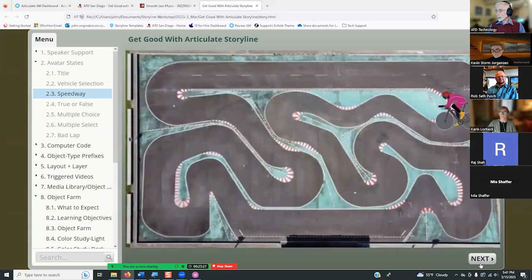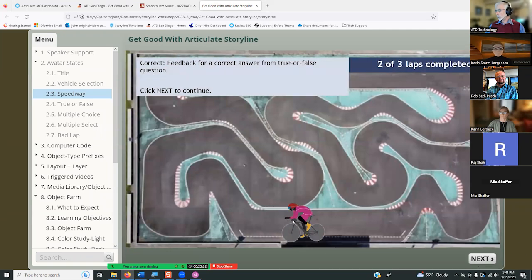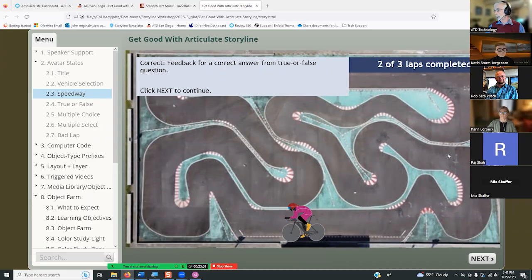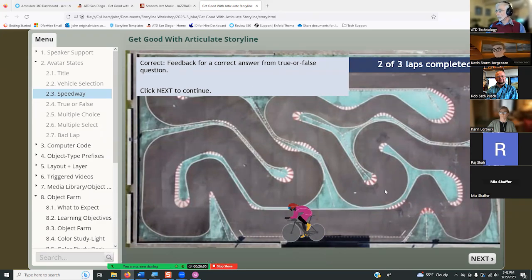Now I will admit that this is pretty cheesy here. And I think it would actually be better if every time a question were answered correctly, the avatar, rather than going all the way around, went part way. So every correctly answered question would move the avatar around the track, and finally at the end, you would finish the quiz. But the animation could certainly be a lot more sophisticated as well, rather than pointed in the same direction all the way around here.